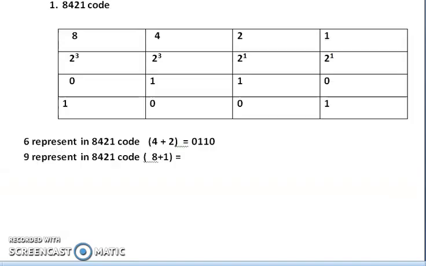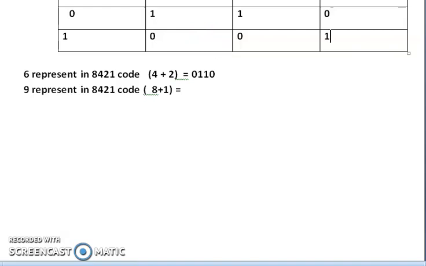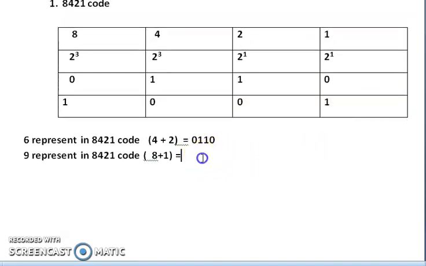So it is 1001. So we can represent any number like this. In this example, 8 and 1 are enabled, and the remaining two are zeros, because 8 plus 1 is 9.